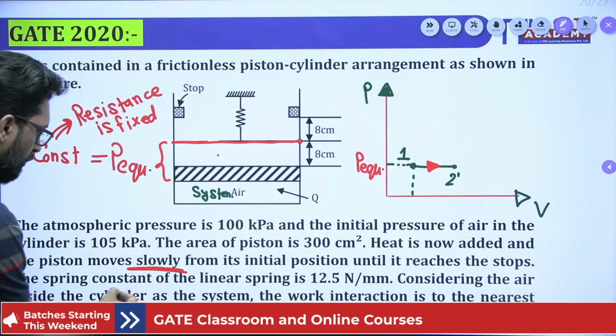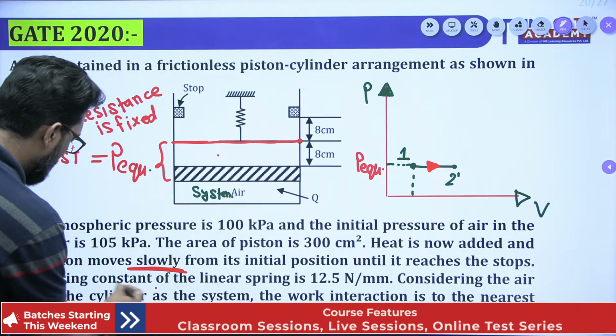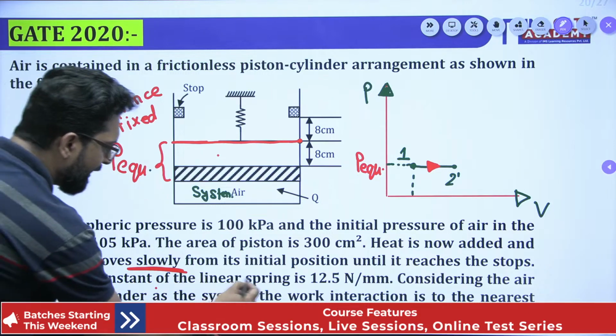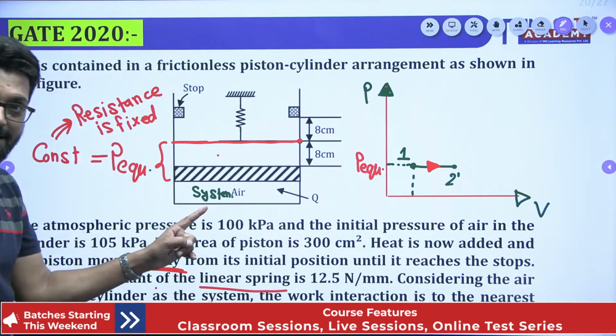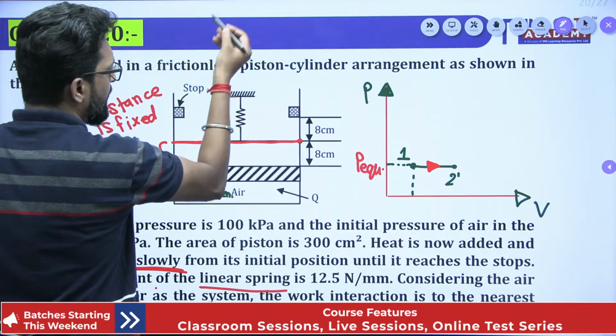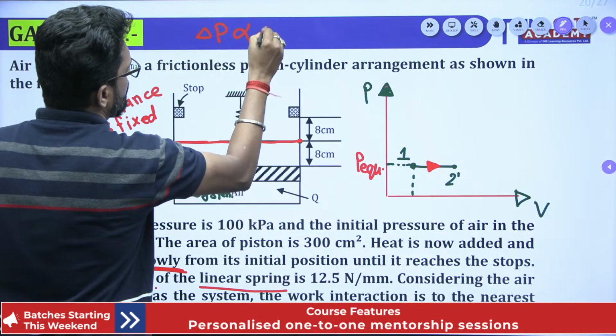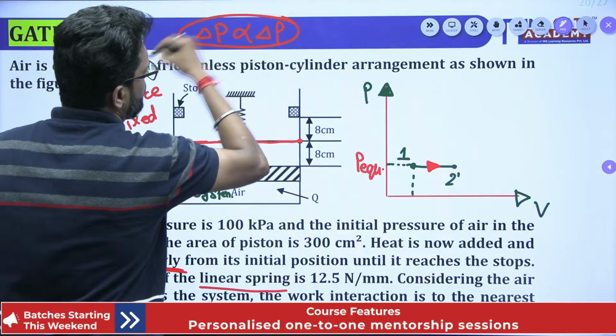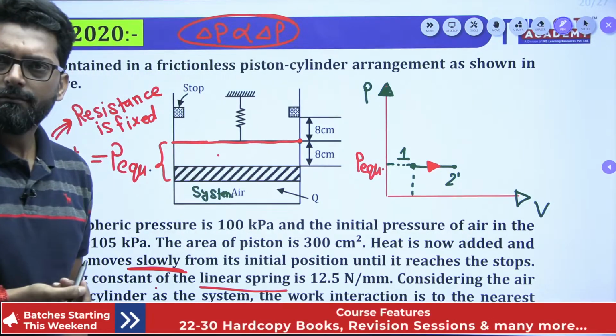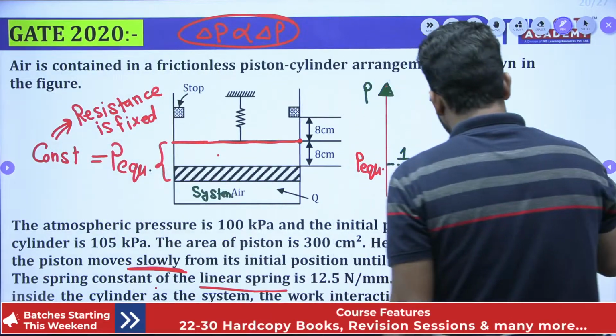The spring constant of the linear spring. This is a linear spring. Where is it linear? You just think that the change in pressure is directly proportional to the change in volume. This is very clear. Okay. So this is linear. So from here